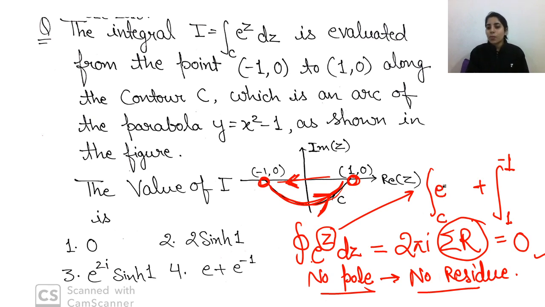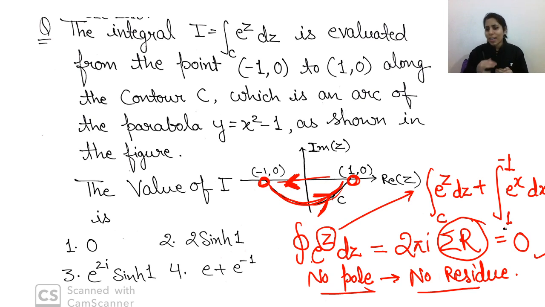Now, the function will remain the same, e to the power z dz. Now, guys, here I will discuss one thing with you. Since 1 to minus 1 is just the real axis, instead of writing z, you can even write e to the power x dx. But if you are asking how I can replace z with x,